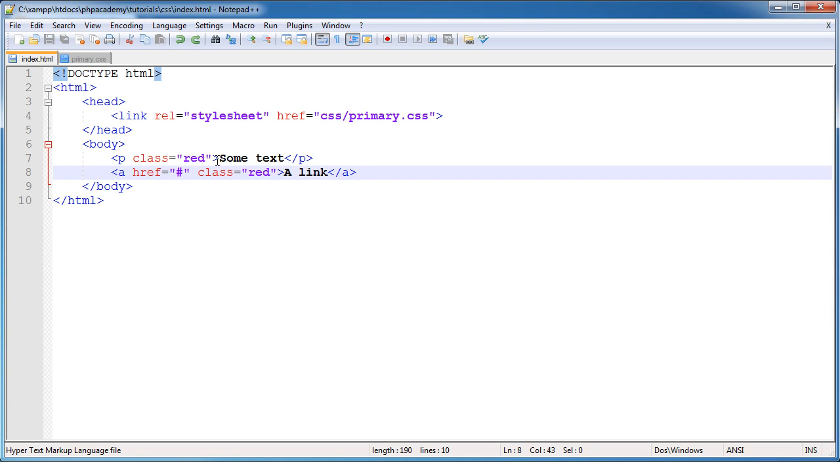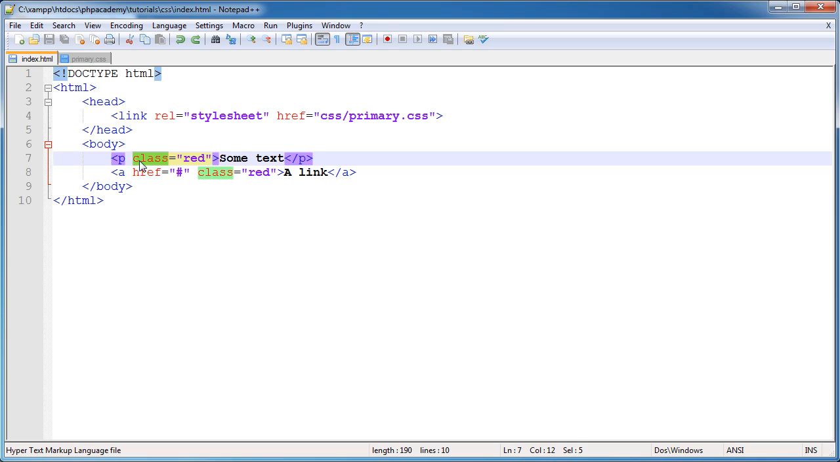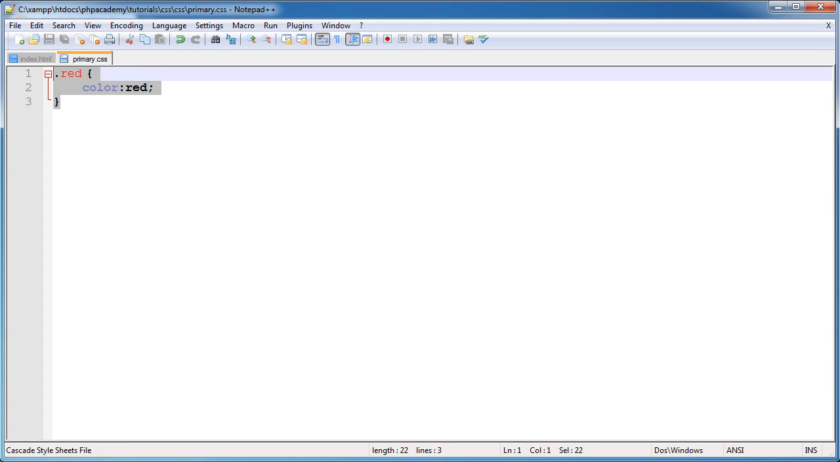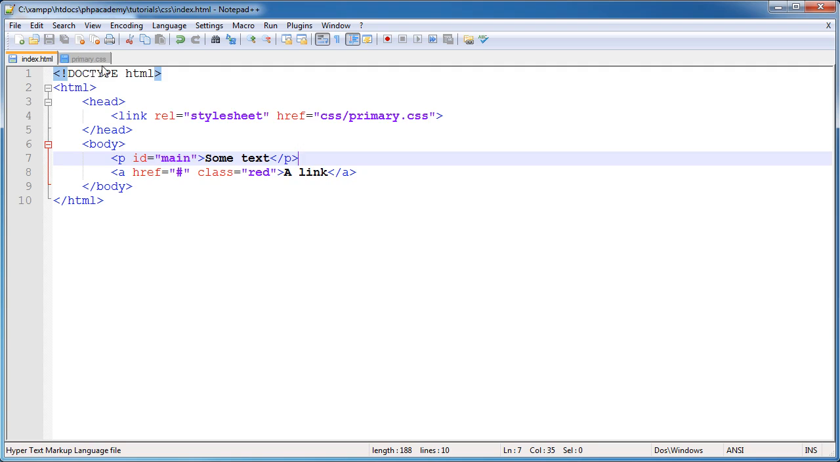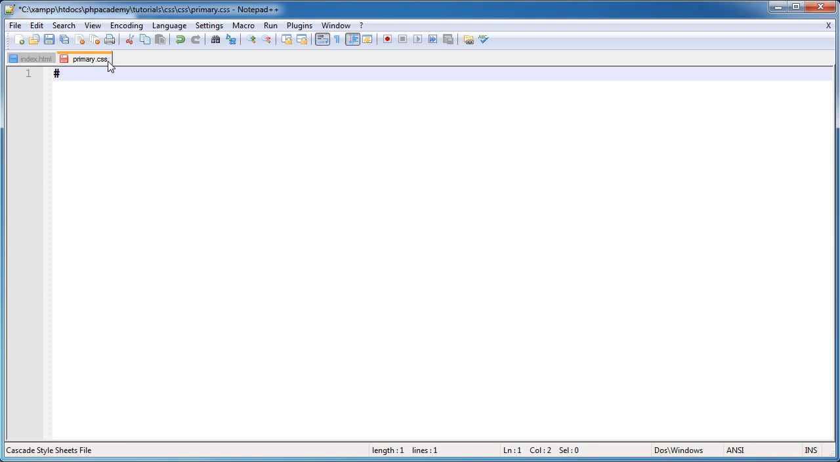ID. So let's just say we had a paragraph that only existed sort of once. I'm just going to give this as an example because it's easier. So I'm going to say p id equals main. So say my main paragraph. You might not do this in practice, but it's just an example. Okay, so what we'd do is to target an ID, we would use a hash. Okay, so whenever you see a hash and then a name directly after it, you will know that's an ID